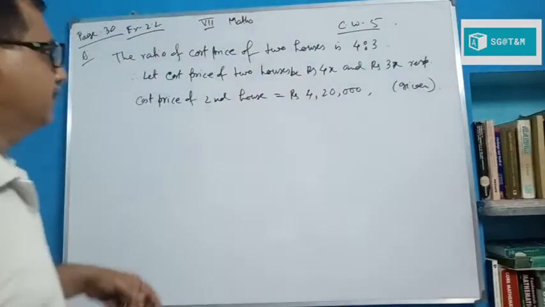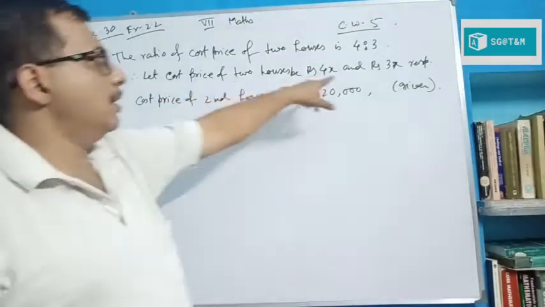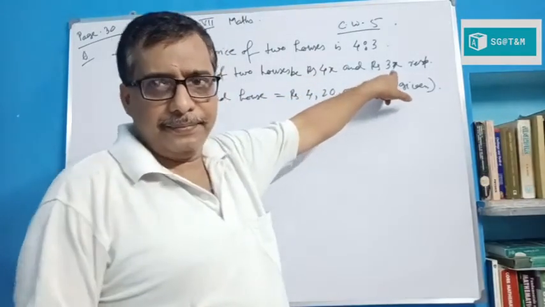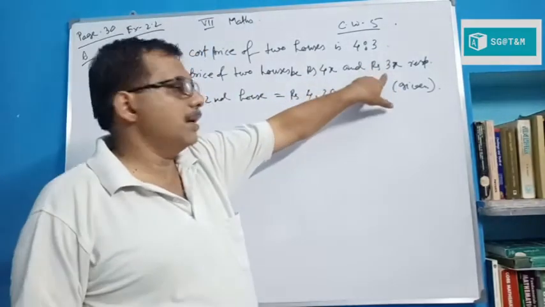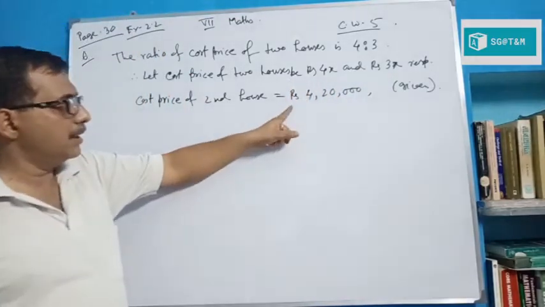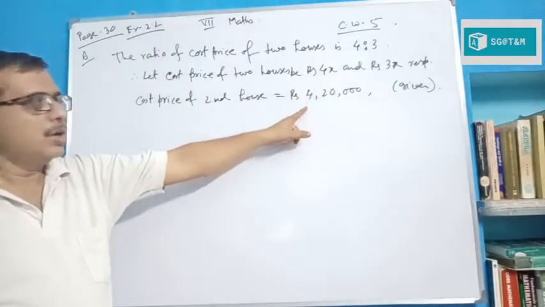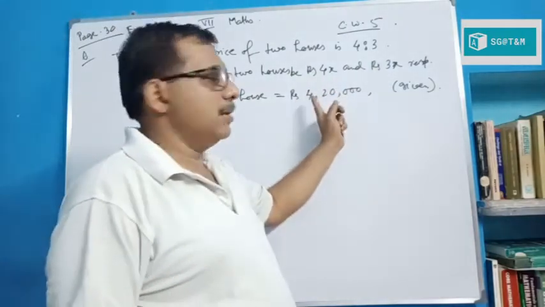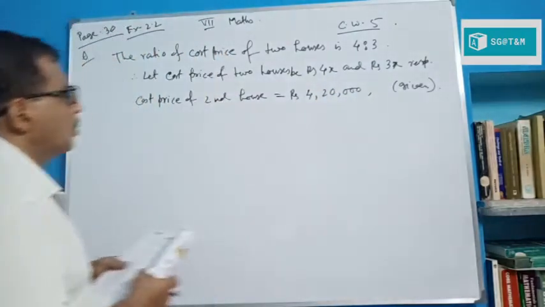By our assumption, the cost price of the second house is 3x, and it is given that it is 4,20,000. So 3x equals that. So we can write